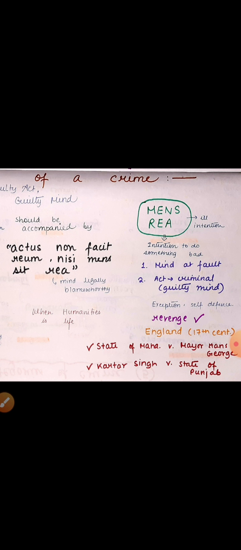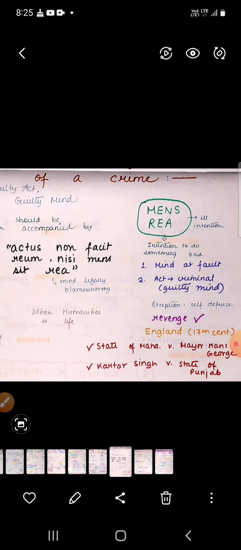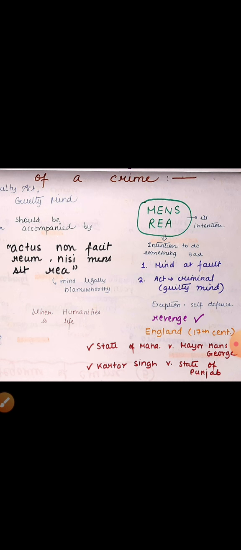Mens rea arises, and the concept of mens rea evolved in England in the 17th century. And mens rea is also incorporated into the provisions of the IPC, the Indian Penal Code, which is the main source of criminal law in India. Now, from time to time, the Supreme Court in India has tried to establish that we have to consider mens rea as an important part of any law. The traditional rule of the existence of mens rea has to be followed.